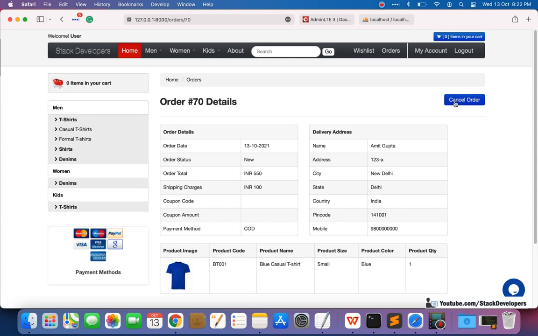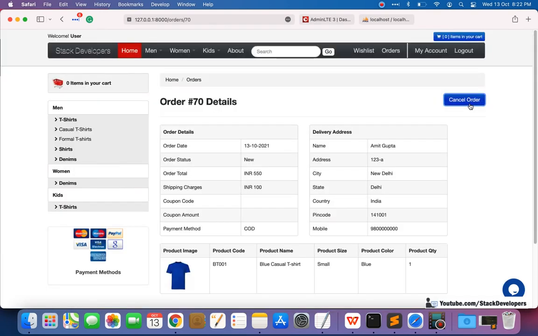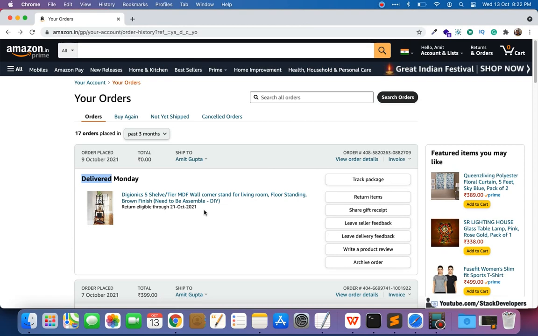Cancel order will not appear because the product has been delivered to the customer. So we will add the condition, like whenever the status updates to delivered, then we are going to show the return order tab. So that will work in the same way as the cancel order is working, select reason. So the return will also work in the same way, it will show the reason, that it will ask the user why the user wants to return the item. Okay, so there are several reasons, and from one of the reasons the user can select. Okay, so we are going to follow this approach.